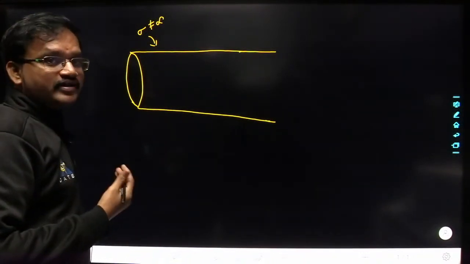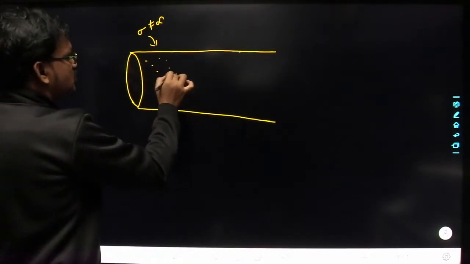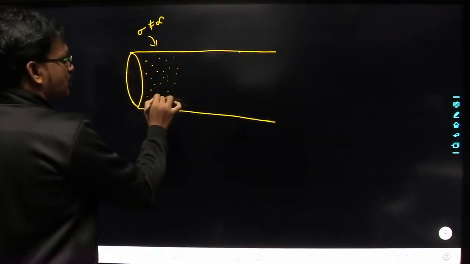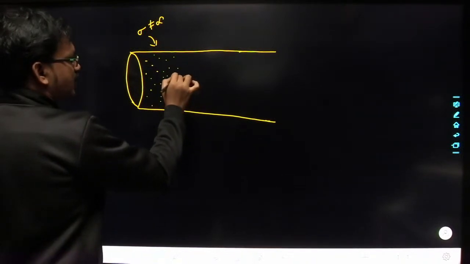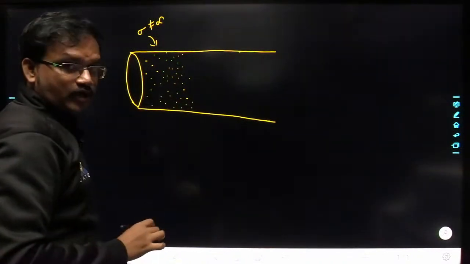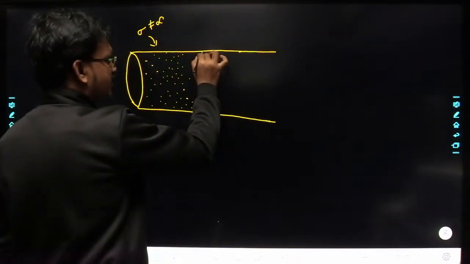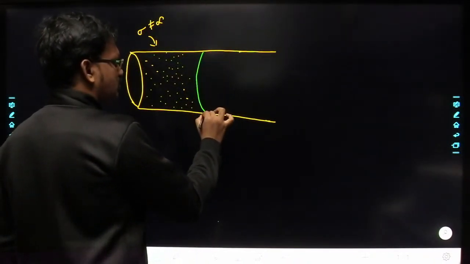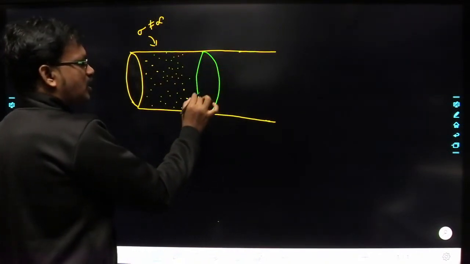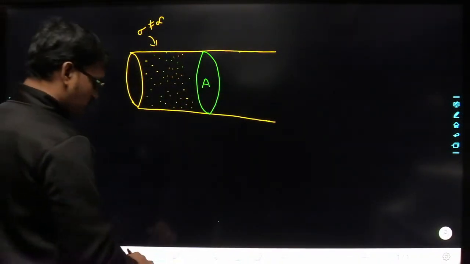Now how have we defined the current here? See here, you are going to have some free charge carriers throughout this volume of the conductor. Let us assume we are having these free charge carriers here, right? Now I am considering this cross section. Let us say this cross section is A, right? So the number of charge carriers that